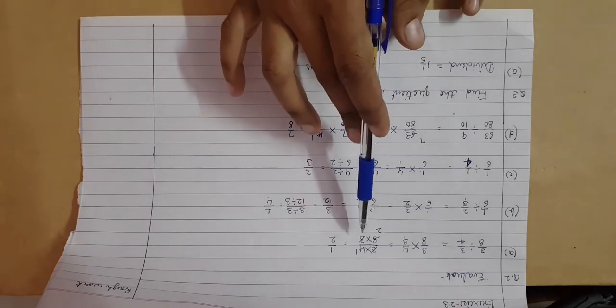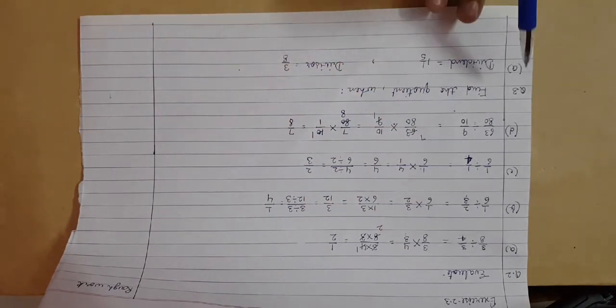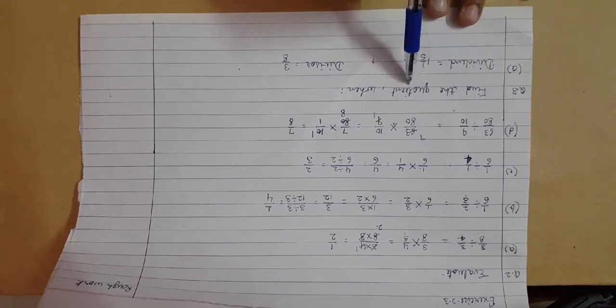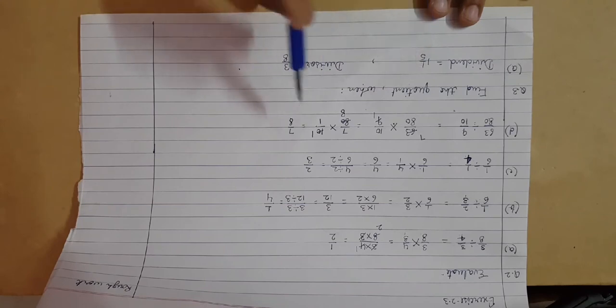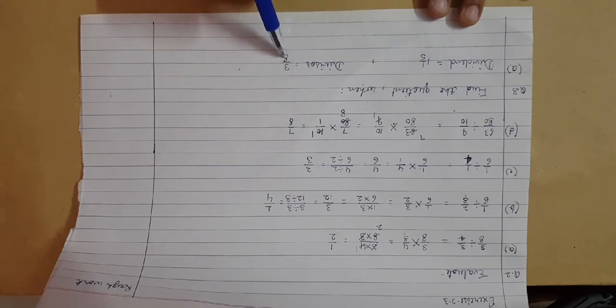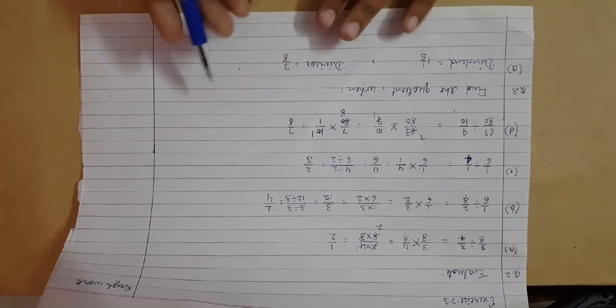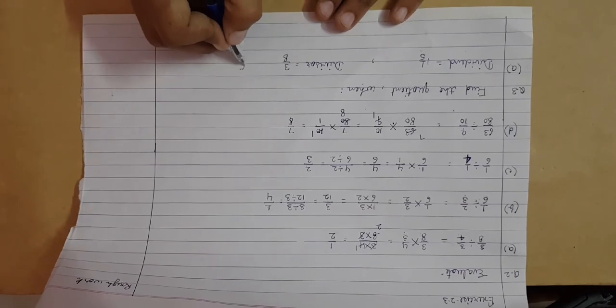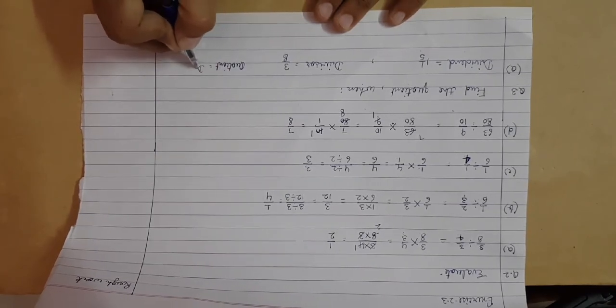These were the 4 parts of question 2. Now question 3 is find the quotient when, in the A part, the dividend is equal to 1 upon 5 and the divisor is equal to 3 upon 8. Means if dividend and divisor are these fractions, then you have to find the quotient. Means what will be the answer when we divide 1 upon 5 by the divisor 3 upon 8. Students, you know the quotient is always dividend upon divisor.